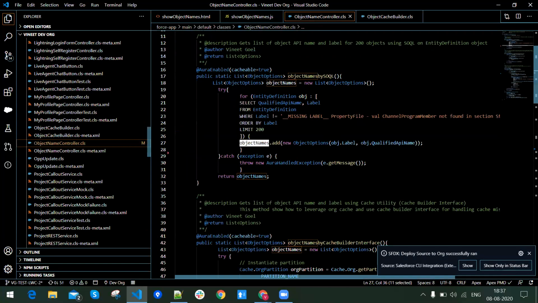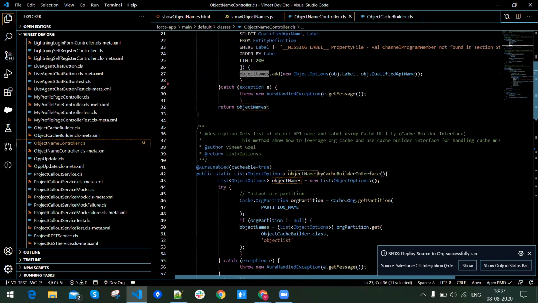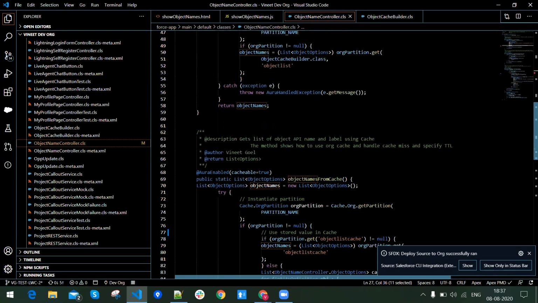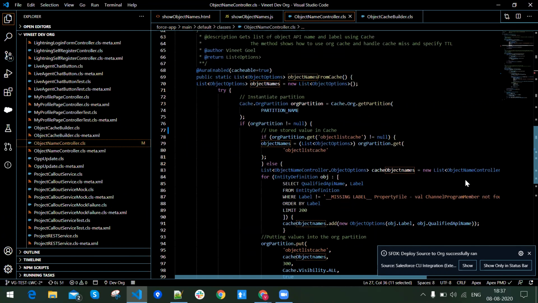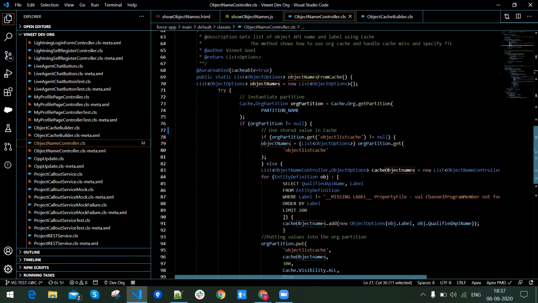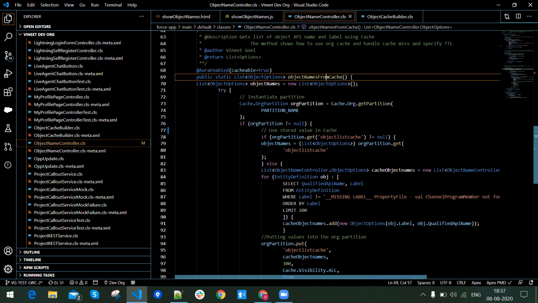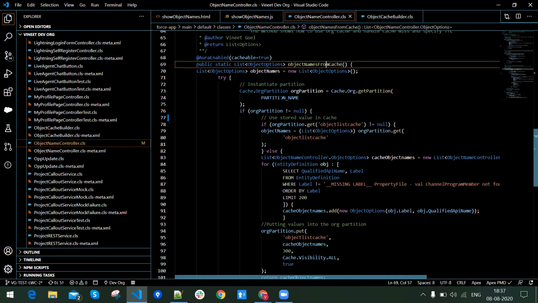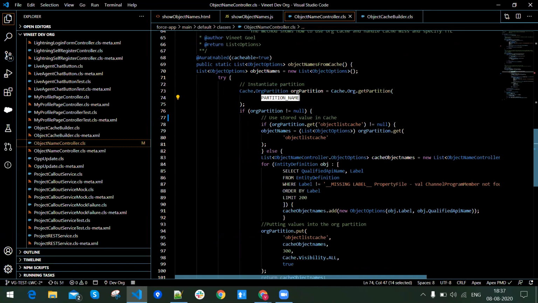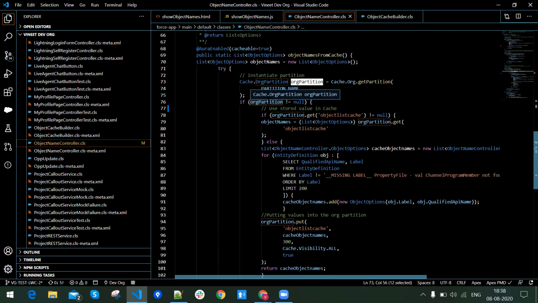All right, saved. So here it is. This is my object name from cache method. What I'm doing is instantiating my particular cache partition in our partition. The foremost thing here: using platform cache, we have to handle the cache misses also, because we are defining the particular time